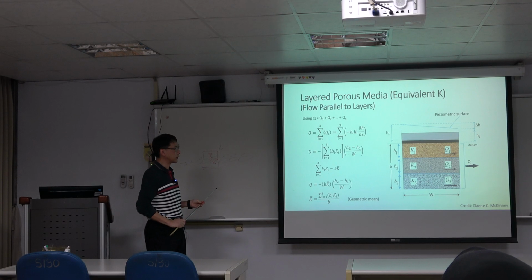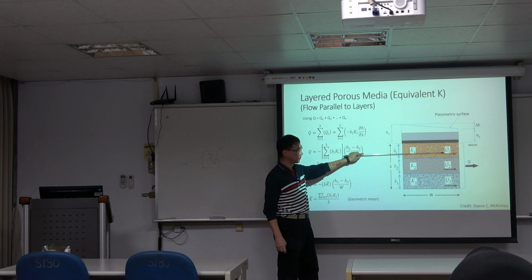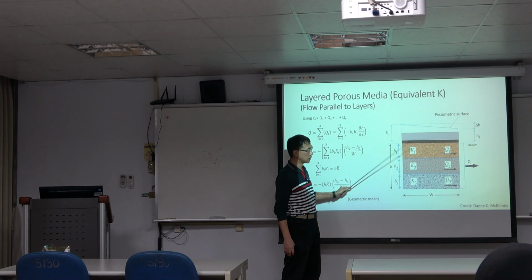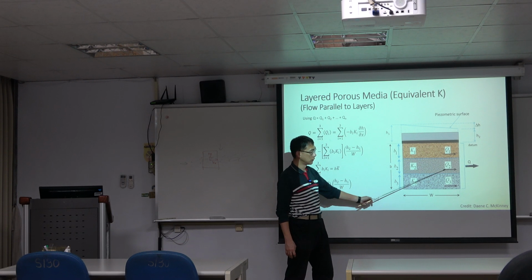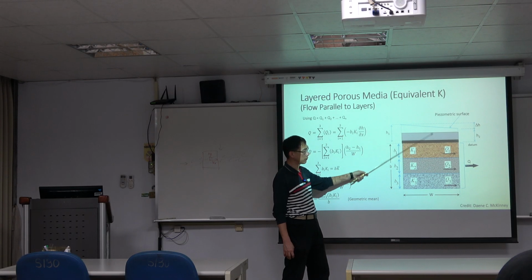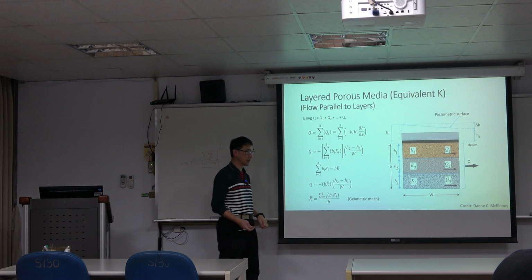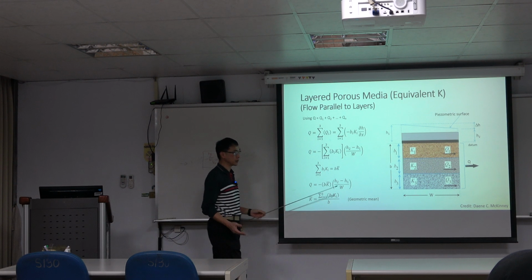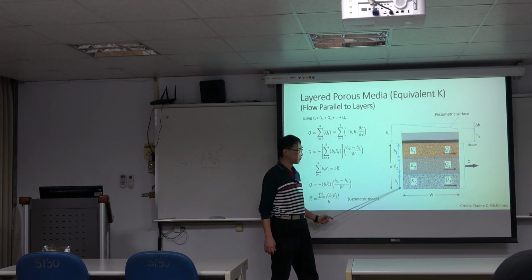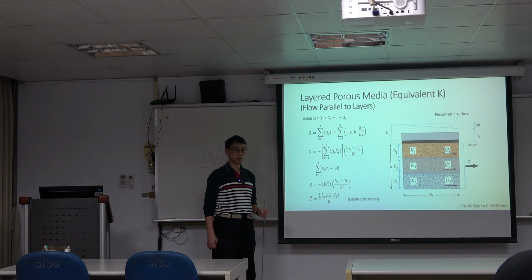And we have equivalent K values. That means if you have a layer system, like a traditional layer system, if we assess the K, if we assess the water flow parallel to the layers or perpendicular to the layers, you will gather different velocity or different equivalent K values. So the concept is that if we put this kind of material in your Darcy's experiment,